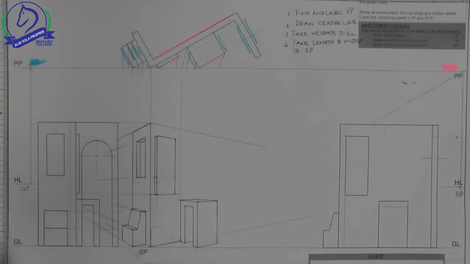Hello grade 12s. This is part 2 of this 2015